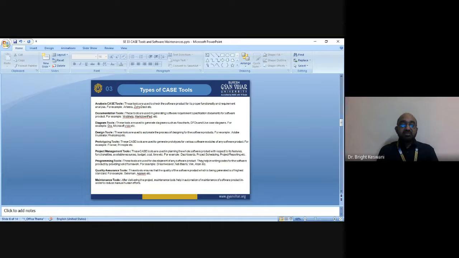As far as the lower case tools are concerned, these case tools are known as back-end case tools, and these tools are meant for detailed system designing and implementation and system support.